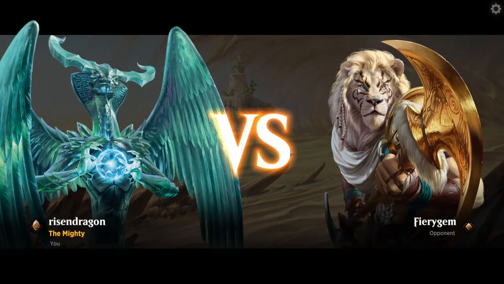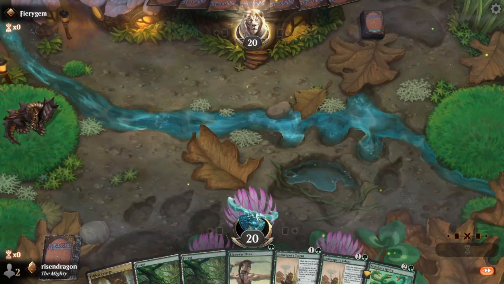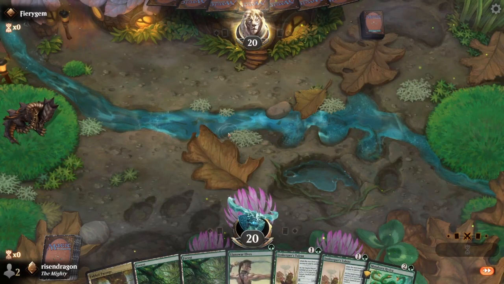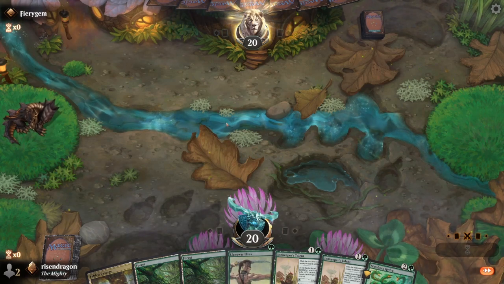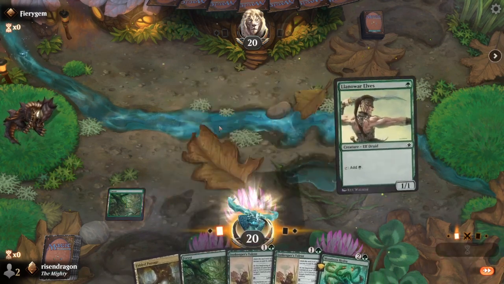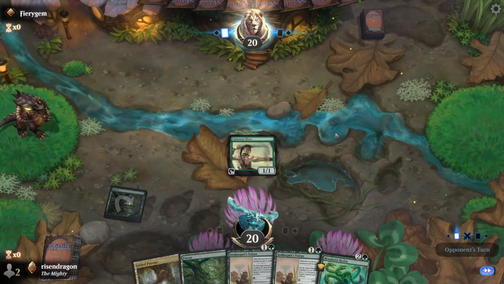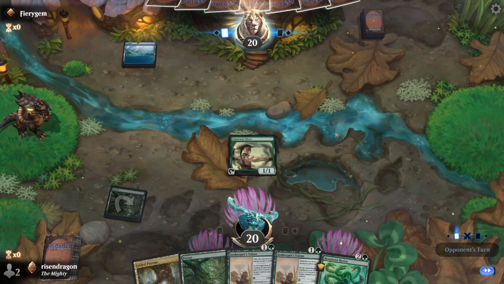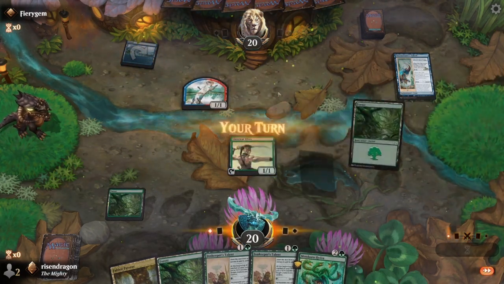We're against Fiery Gem for our best of 1 matchup. Yeah, this is not a bad keep. So we have the Llanowar Elves and the Innkeeper's Talent and all that fun jazz. So, yeah, we can have some fun with this. Llanowar Elves, unless we're against mono black or mono red and they're just going to take me out. And, hey, blue. Oh, yay, Storm Chaser's Talent. So I'm guessing we could be against some sort of, oh,